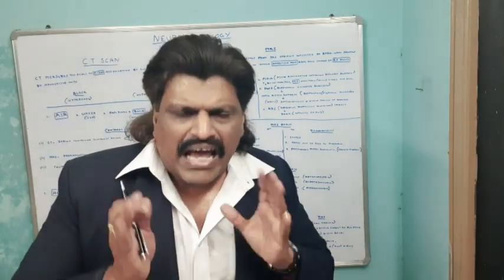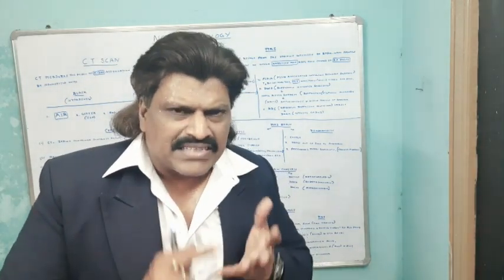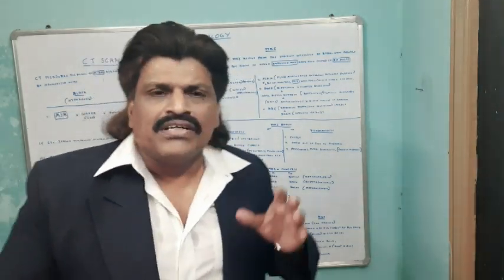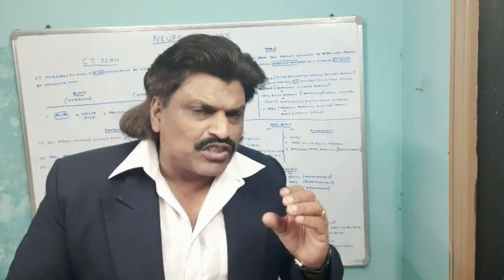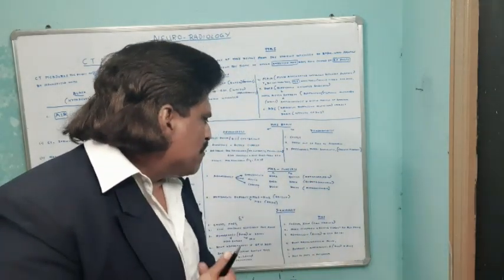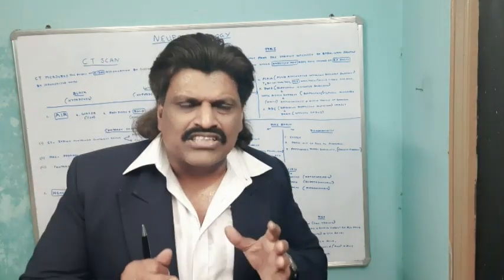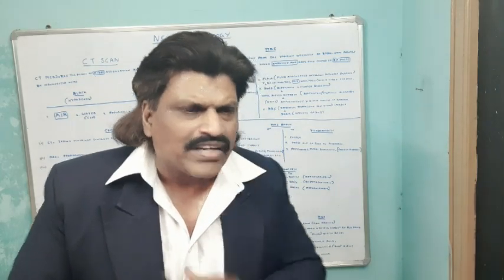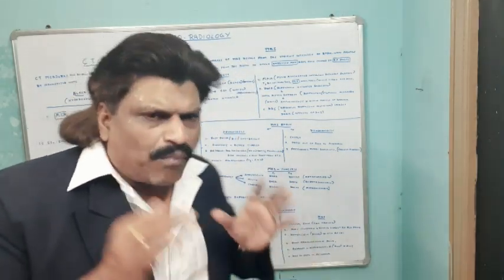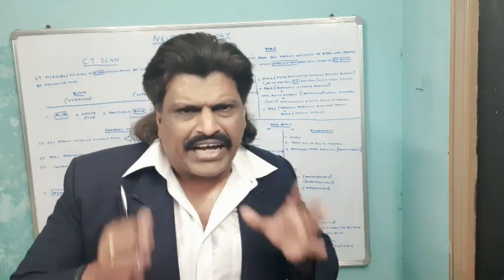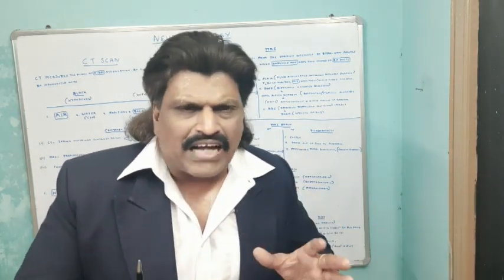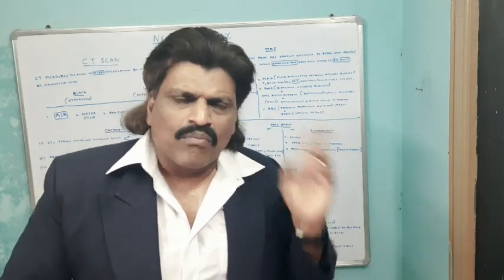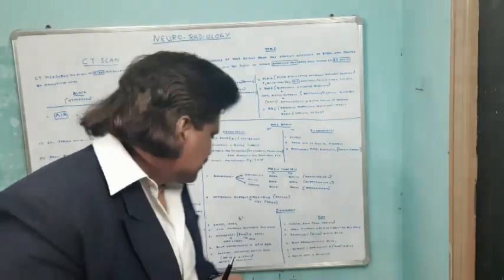But hemorrhage, that is blood, whether it's extradural hematoma or subdural hematoma because of head injury or subarachnoid hemorrhage, CT scan is better. Blood is visualized better in CT than MRI. So MRI is not as sensitive as CT scan when it comes to the investigation and diagnosis of hemorrhage or blood products. The bony abnormalities, again the fracture or any bony abnormalities, because of calcium it is picked up better on CT scan than MRI. So CT scan scores over MRI both for bony abnormalities and blood.